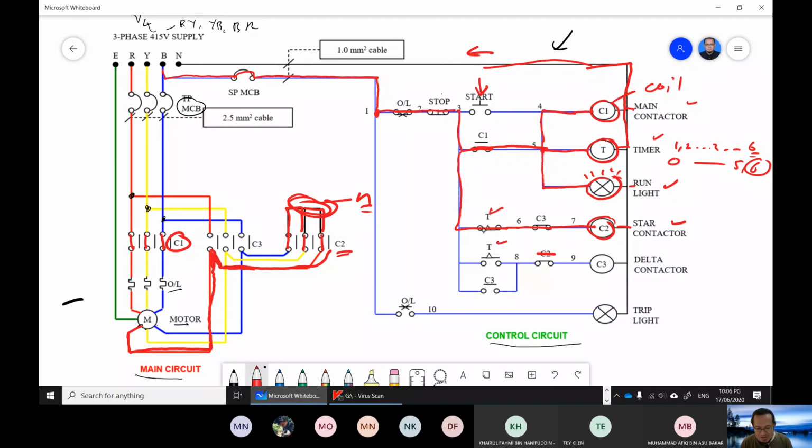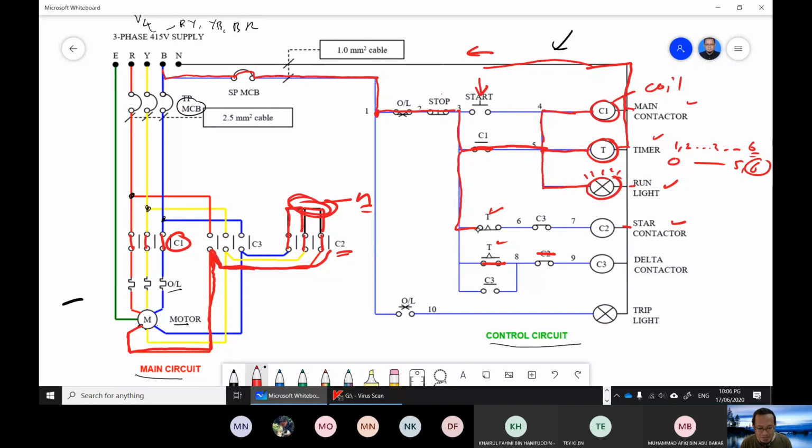So this timer is normally closed, but what happens? It will go to normally open. So if I draw here, now this switch here will open. So there's no current going through this path anymore, and this switch here, the T down here, will close. Sorry, C2 here is normally closed. And then after that, the current,